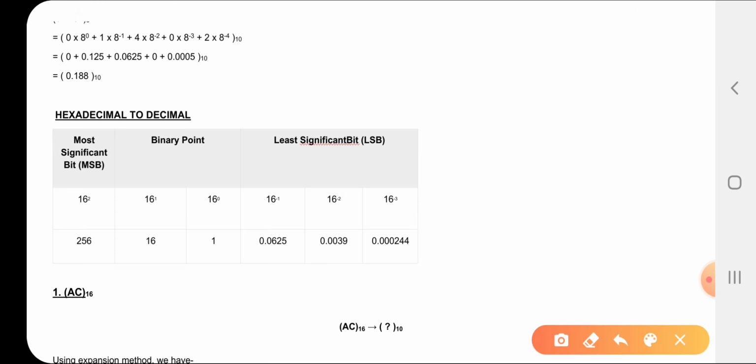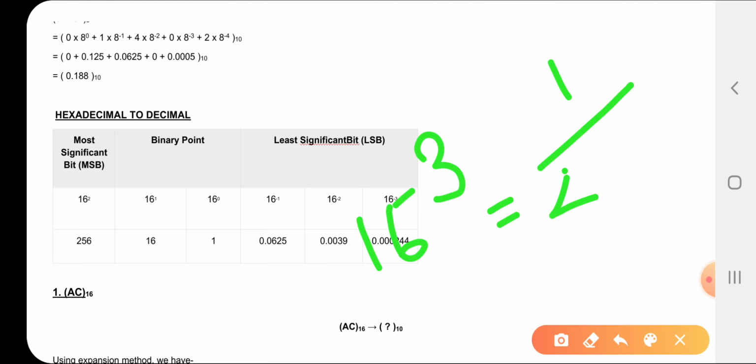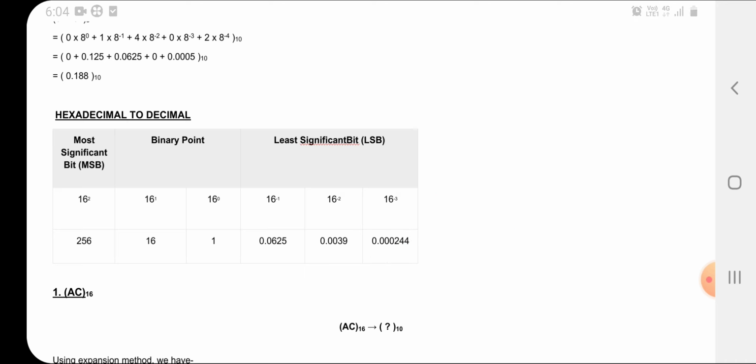So if it is 16 power minus 3, how will you write? Okay, 1 divided by 4096. You have to find the value for 16 power minus 3. So after finding the values, write the value. Again, if you go for 16 power minus 4, you have to find it. So if you can find the value for every fractional part,